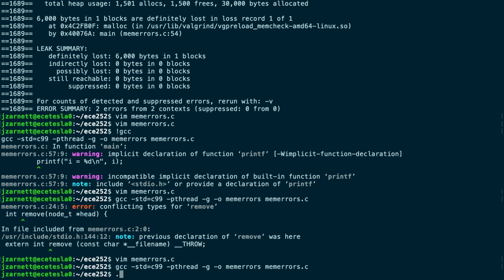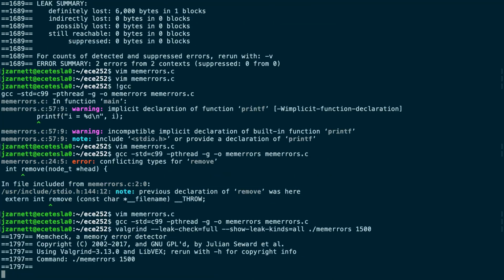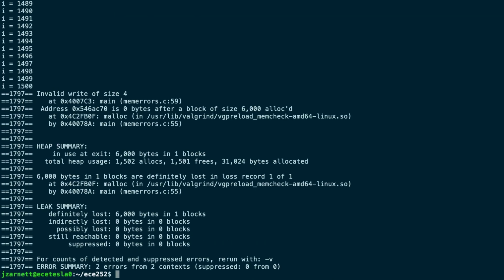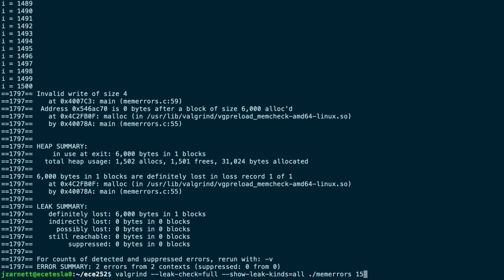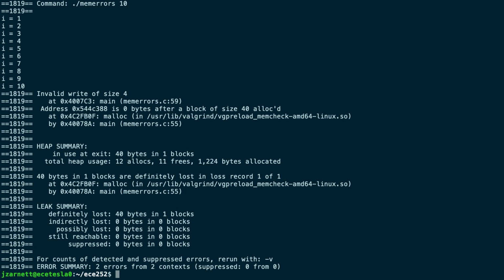That will work. And let's run it with Valgrind again. Okay, so yeah, I print out all the i values. I mean, it would be just as easy if I made n 10. For the purposes of this, we get an invalid write of size 4. Why? Because we wrote off the end of the array. You probably figured that out. Why? Well,